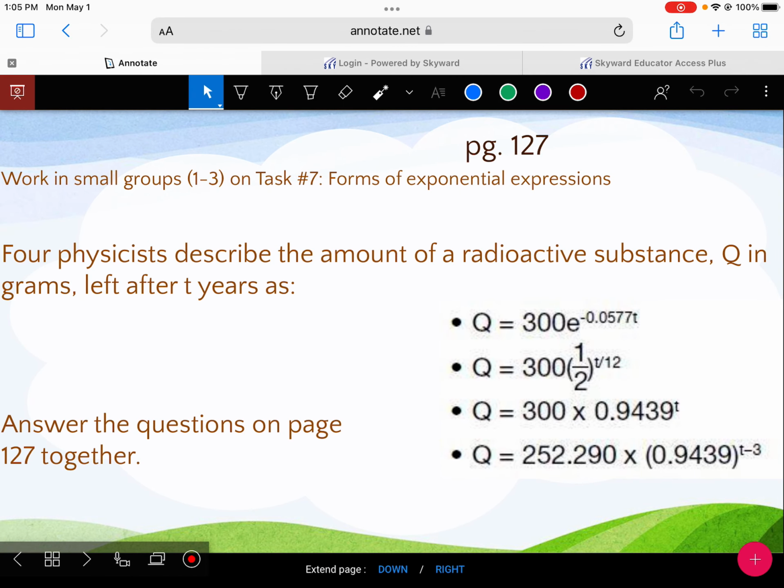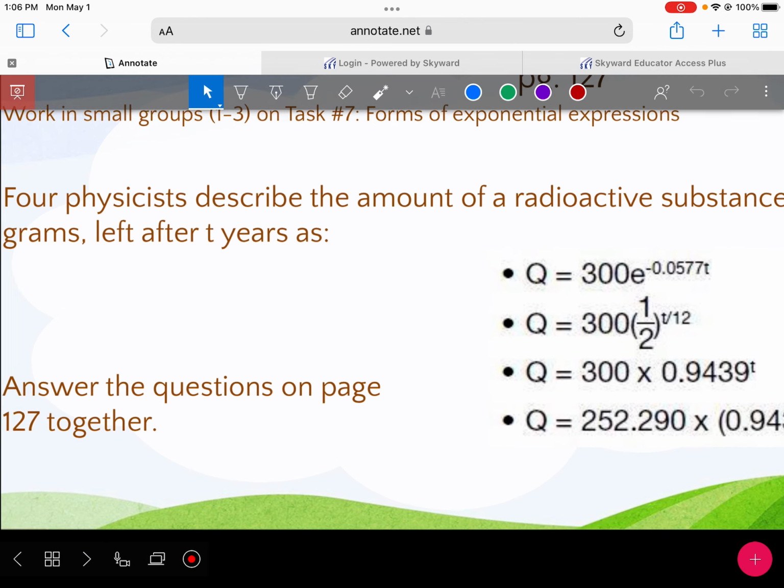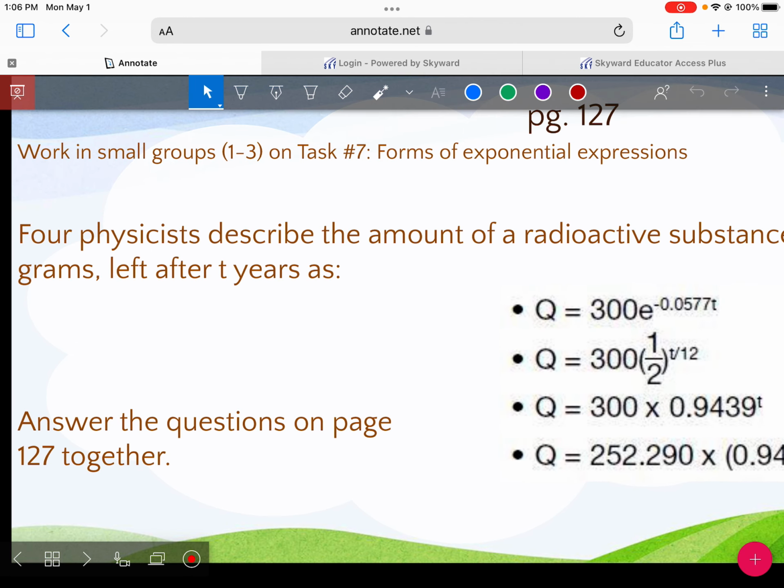Okay, so we are on page 127, and we have 4 equations. It says 4 physicists describe the amount of a radioactive substance, Q in grams, left after T years. All of those equations are in different forms, but they are equivalent, okay? We need to use our exponent rules, okay? Our exponent rules. So one of the rules that you might be using says that